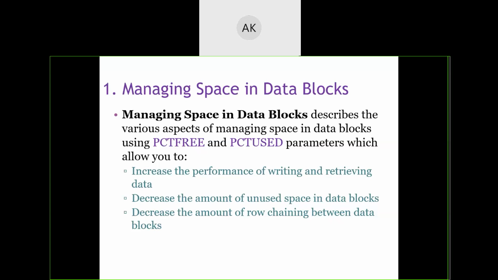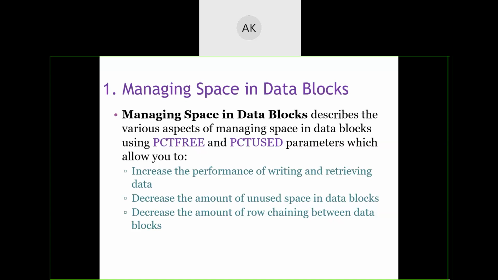Just think of your examination where you don't have any rough marginal space. In order to perform some calculations, you need that marginal space, right? Similarly, a computer also needs some space for performing some operations, update operations. If the percentage free is very low, then updates cannot be done. The performance of updates will be very low.